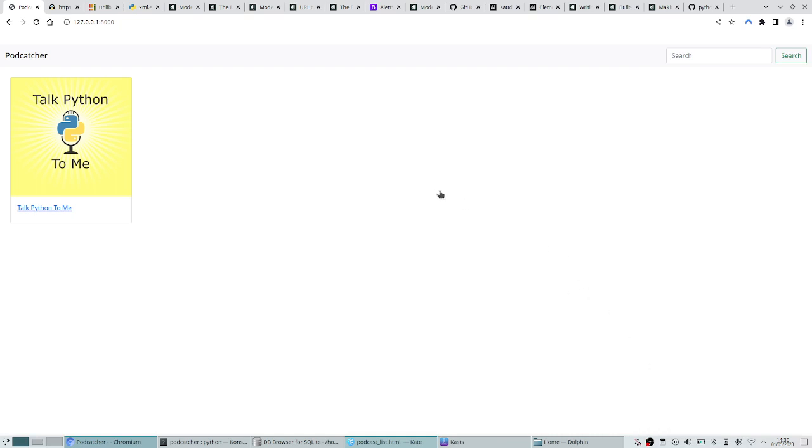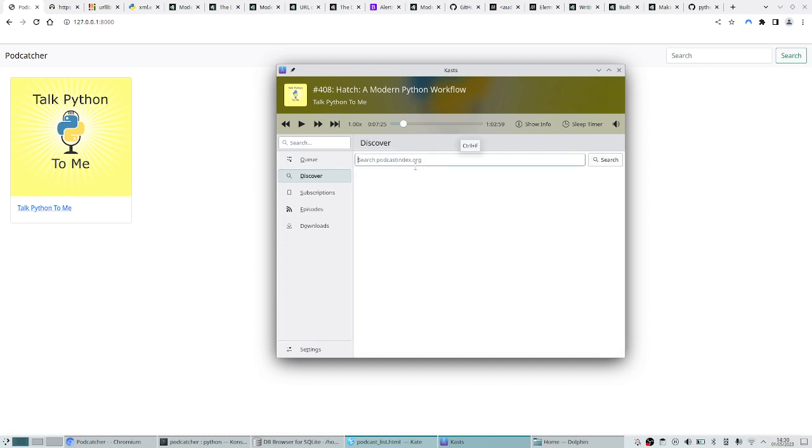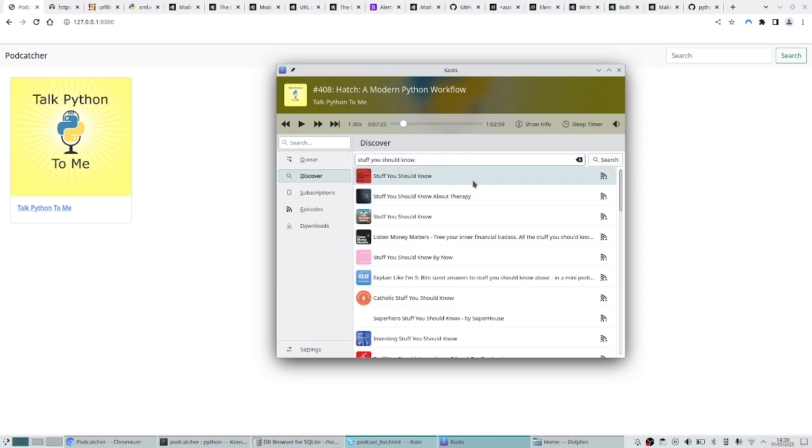Hello, welcome back. Offline, I was thinking a bit about how I can improve the search functionality. I was actually looking in Castro here, and I noticed that they have a discover functionality. So if you type in the name of a podcast, it will go and fetch that podcast for you, and it's using the